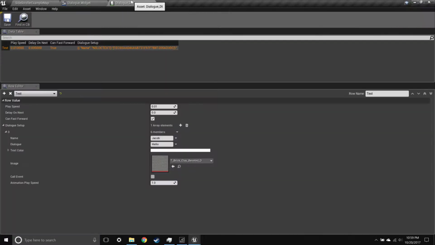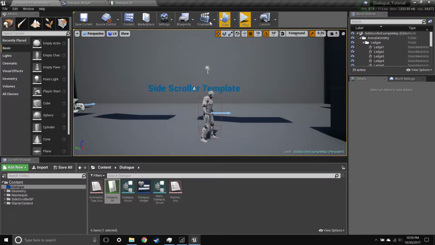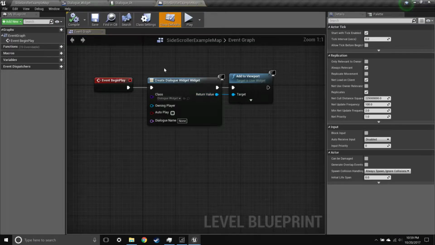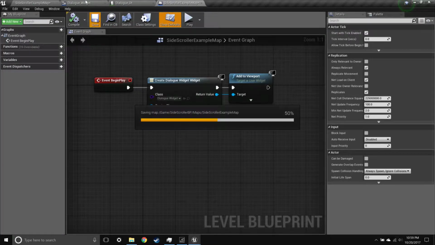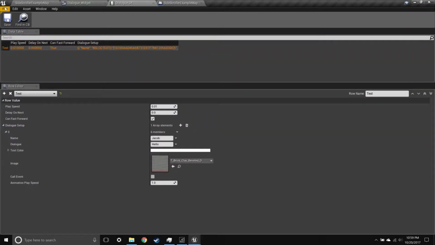Now, really quickly, let me open the blueprint level back up. I named this test. I believe I just called that test. So compile, save everything. I could probably just hit save all, but okay, so now what we need to do is come up with some texts that we can